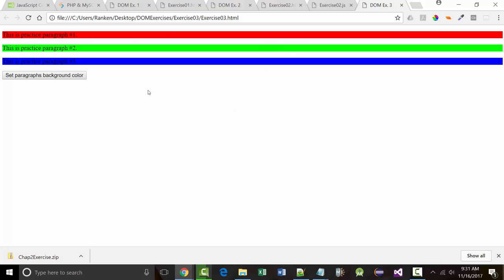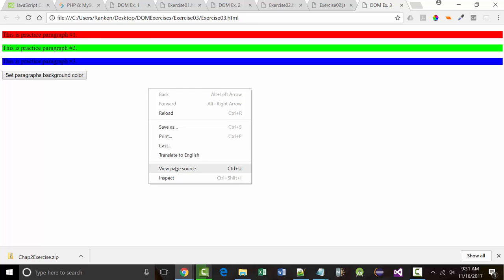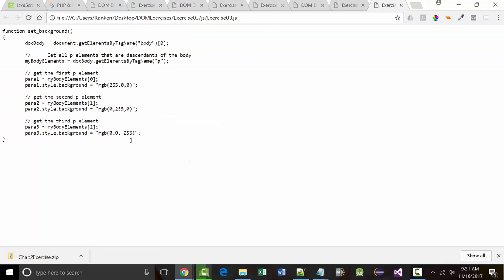So the key thing there, what's important about that is if you look at this, we are going in the name of the paragraph, dot, style, dot. That could be anything you wanted. So in other words, we could say para1 dot style dot. We could come in here and change the font size or the font family. Remember that if we do this and if we decide that what we're going to put in here is font family,